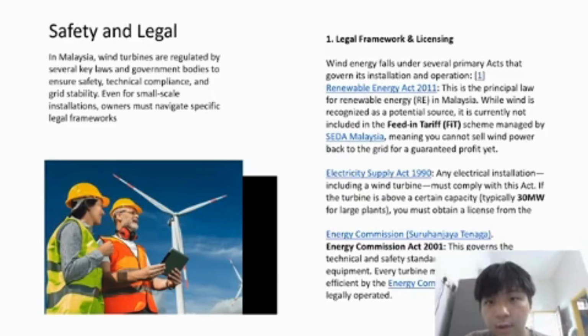and operations, such as the Renewable Energy Act 2011. This is the principal law for renewable energy in Malaysia. While wind is recognized as a potential source, it is currently not included in the feed-in tariff scheme managed by SEDA Malaysia, meaning you cannot sell wind power back to the grid for guaranteed profit yet. As for the Electricity Supply Act